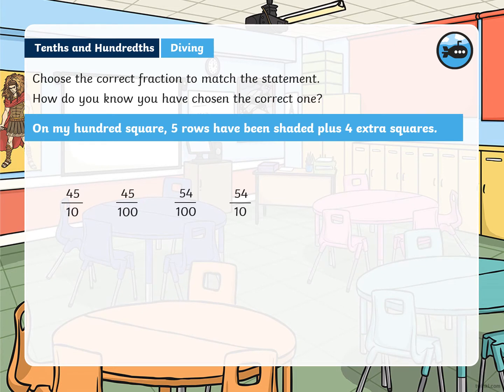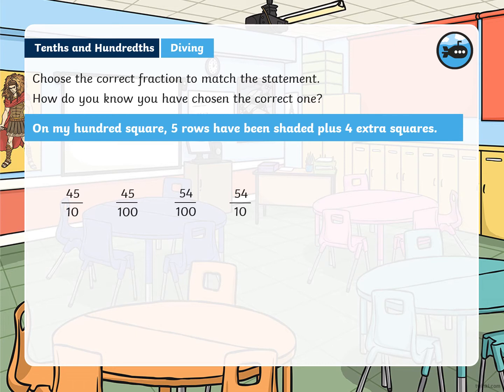Okay, have a little think here. This is one for you to do. Pause the video if you need to. So choose the correct fraction to match the statement. How do you know you have chosen the correct one? So on my 100 square, I have 5 rows that have been shaded plus 4 extra squares. So 5 rows and 4 extra squares. So think about how many little squares there are in my 5 rows. So is my answer